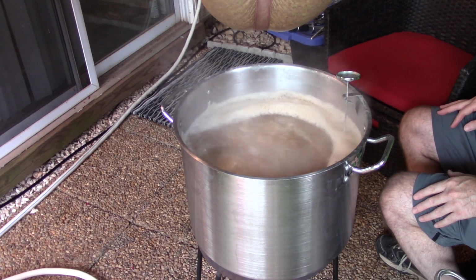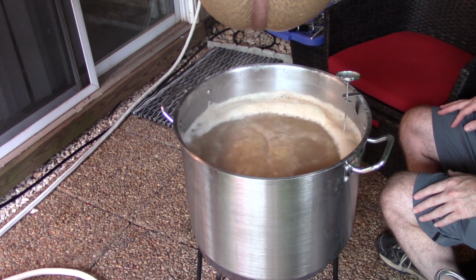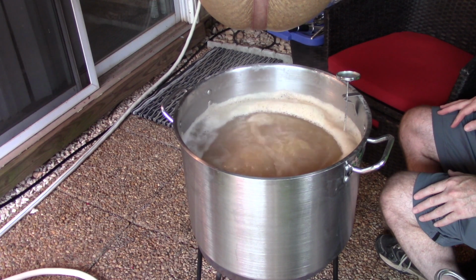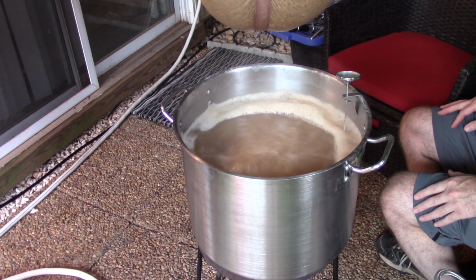Well, at this point, the 7 gallons of pre-boil volume made me realize that I had forgotten to change the recipe in BeerSmith from my default of 60 minutes to 30 minutes. Since the water volumes were calculated for a 1-hour boil, I just let the wort boil for 30 minutes before